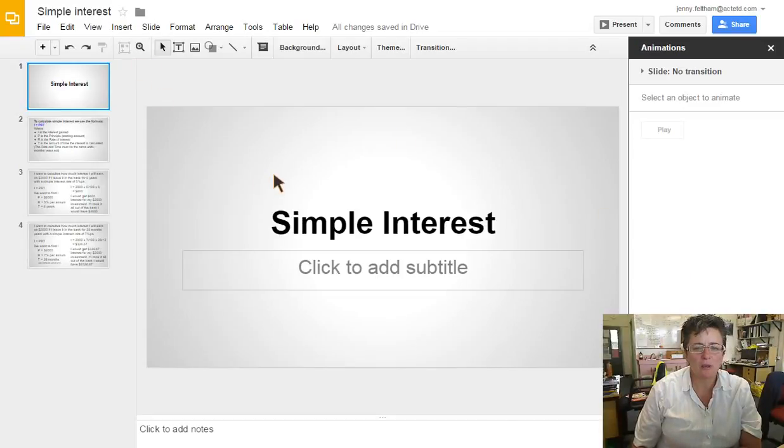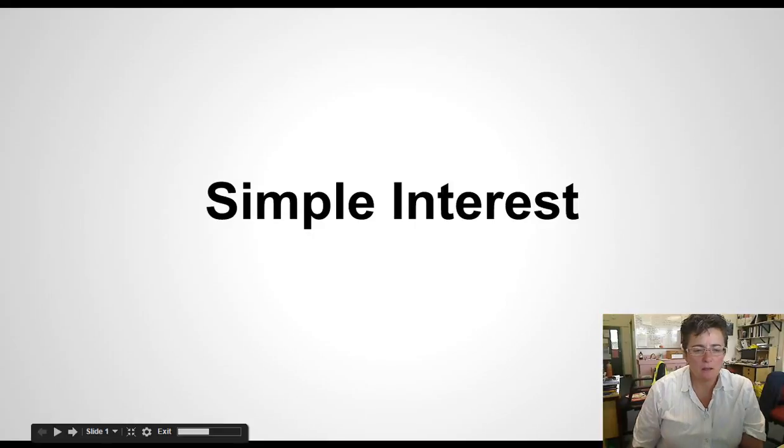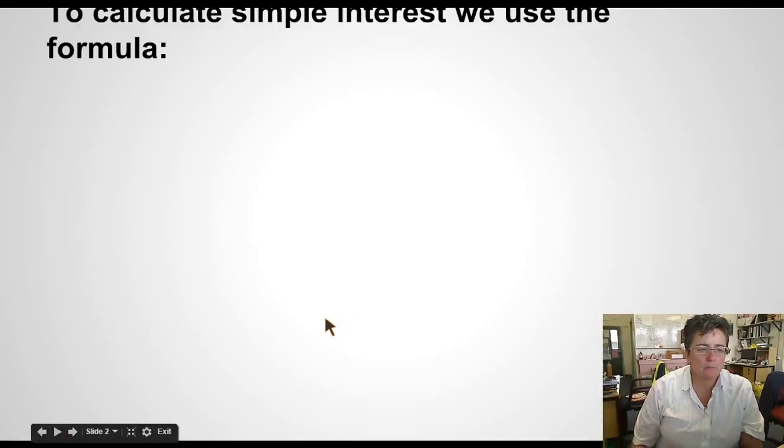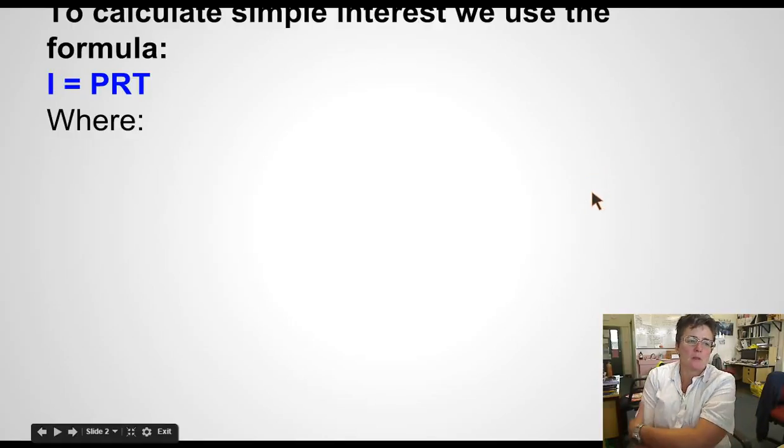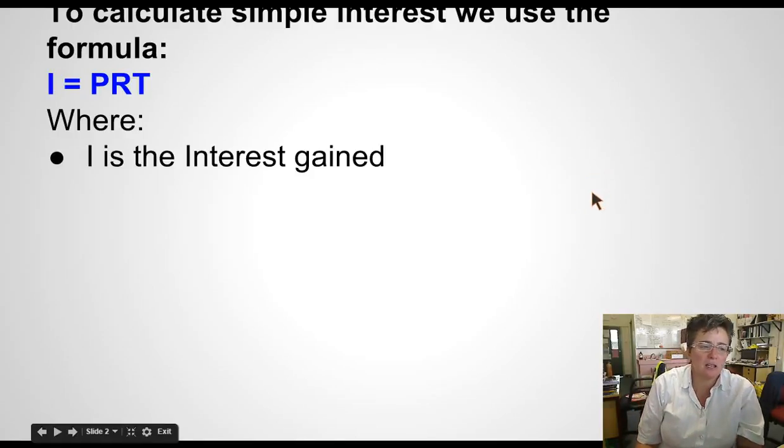Okay, today we're going to look at simple interest, which is a revision of what we've done earlier in the term. So to calculate simple interest, we use the formula I equals PRT, where I is the interest gained over the